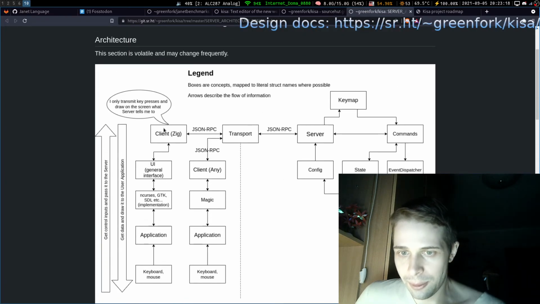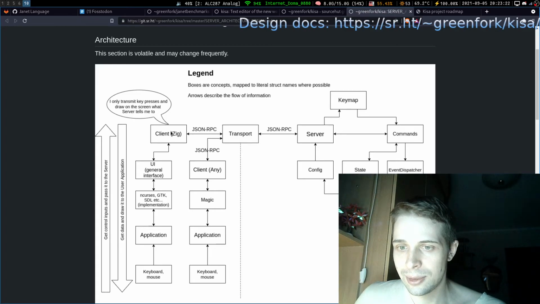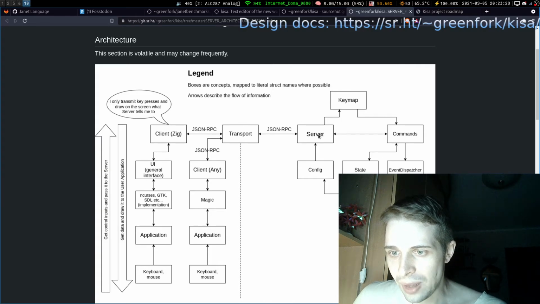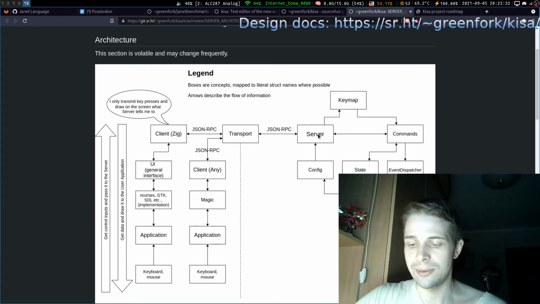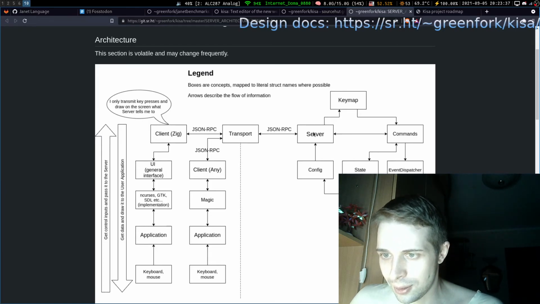From the client we receive our JSON RPC request, cursor move left. We receive it through transport to the server, and probably we receive a key, like H. We receive an H, it is left in Vim bindings. Server goes to the key map. Hey, here's the key H. What to do?